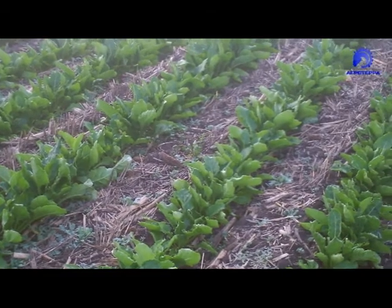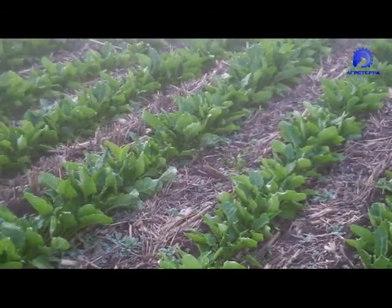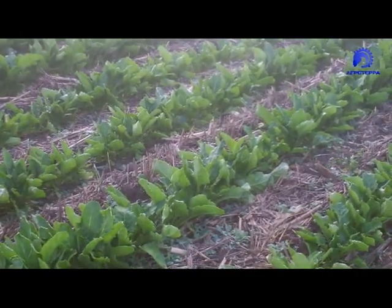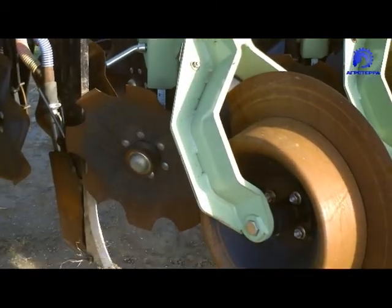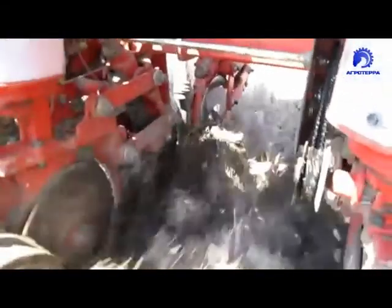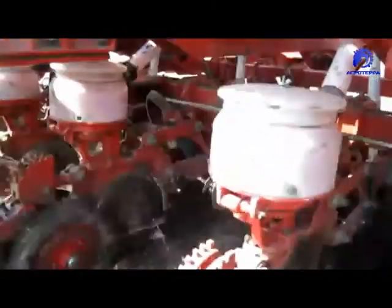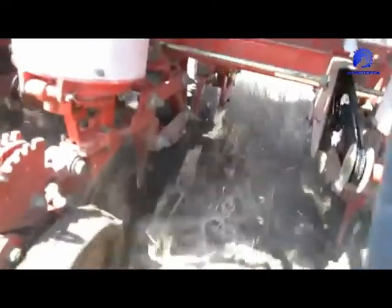In this period, the air temperature in the Crimea reaches plus 40 degrees, that is why it is very important to prevent the loss of moisture in the soil during the main processing. That is why the chisel-type cultivator Horseman with the working rack was purchased. One more important reason why they started to use the technology of strip-till: this is the late period of sowing, minimum 10 days if you are applying the technology of no-till, and it means